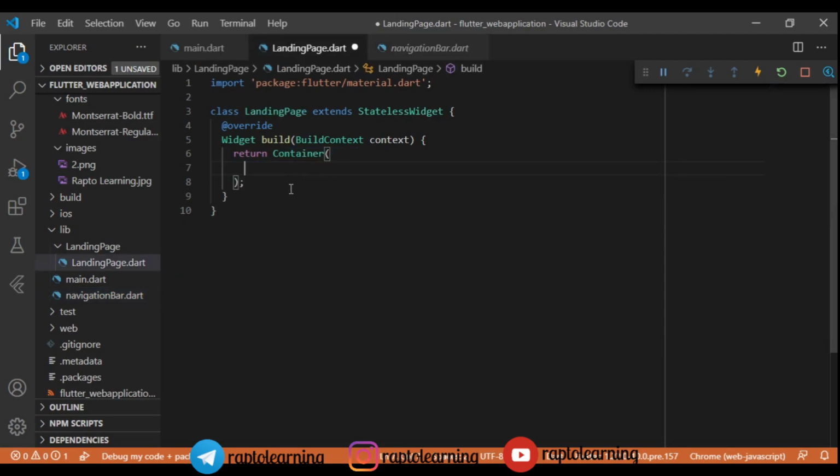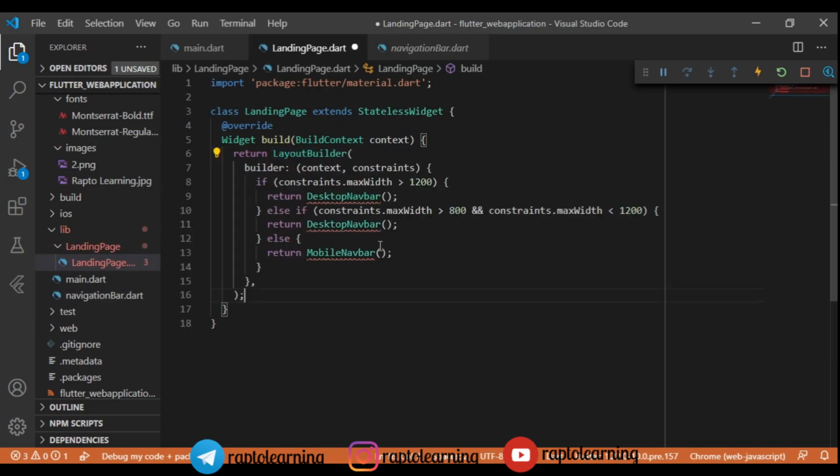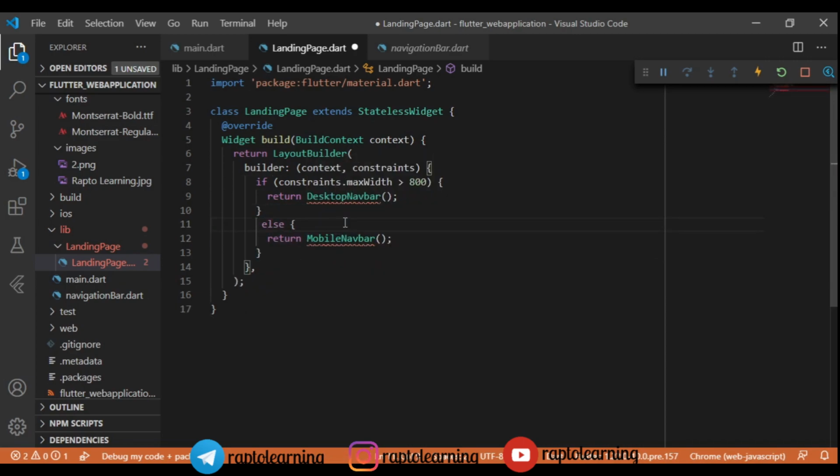Let's minimize this, and we are going to use LayoutBuilder for the landing page also, as we are going to use separate screens for desktop view and mobile view. So let's implement that one first, and we have to return something else here because there are only two screens. That is, we don't require the next if statement. So we will write here, return Row. Row will be sufficient, right? So we'll return a row here.